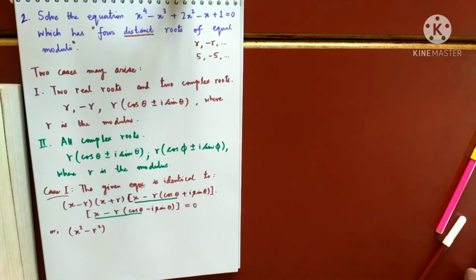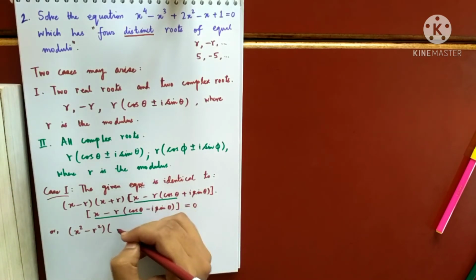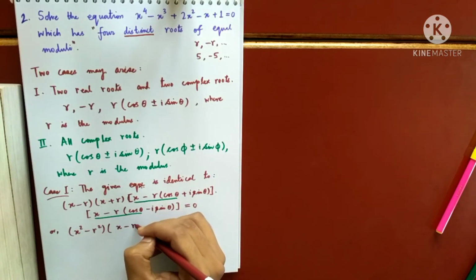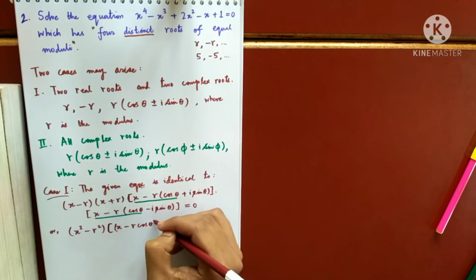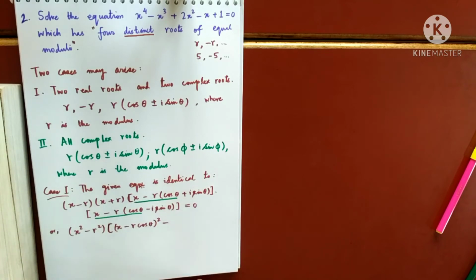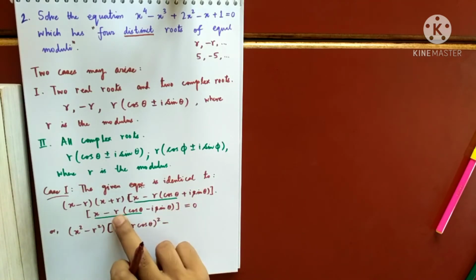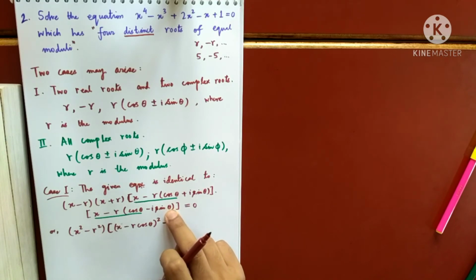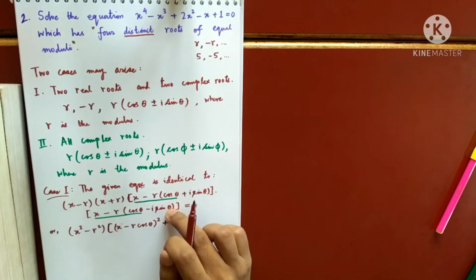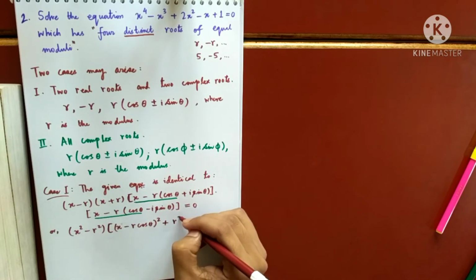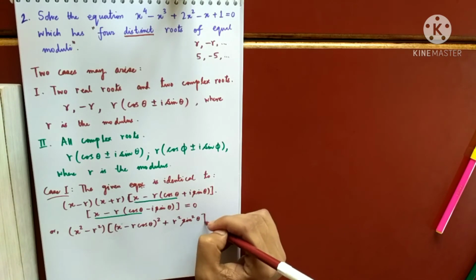So do I see a formula? a plus b into a minus b, so a square minus b square. What is a square? x minus r cos theta whole square. What was b? b was i r sin theta. If I square them, i square will be minus 1, so it makes it plus r square sin square theta. Did you understand or no? Please ask if you are not understanding anything.